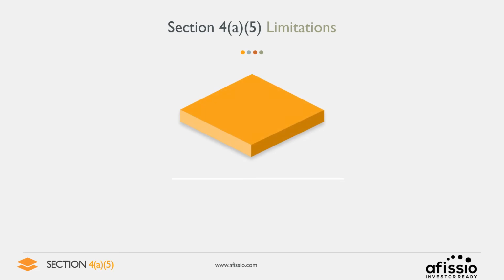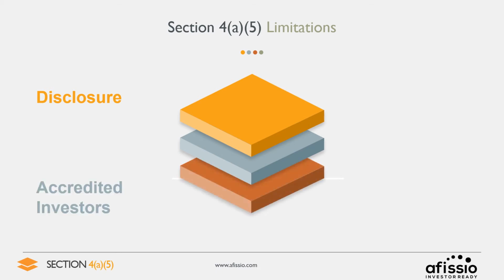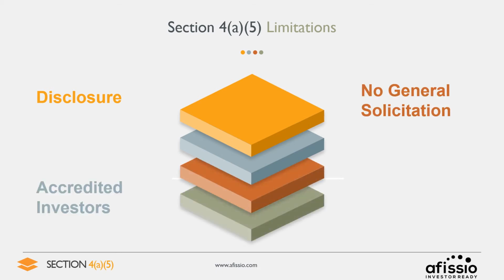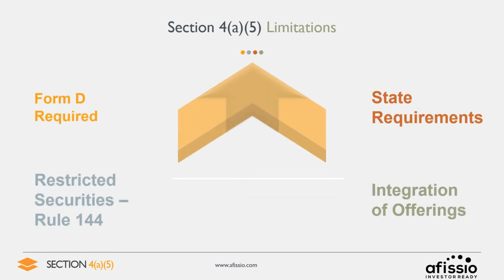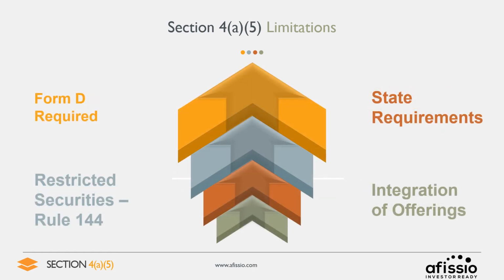You will need to have complete disclosure prepared, such as a PPM. You can only accept accredited investors. There is no general solicitation allowed, and you cannot have the offering amount exceed $5 million. In addition, you must file notice with the SEC that you are claiming this particular exemption for your offering. The securities sold in the offering are restricted under Rule 144.